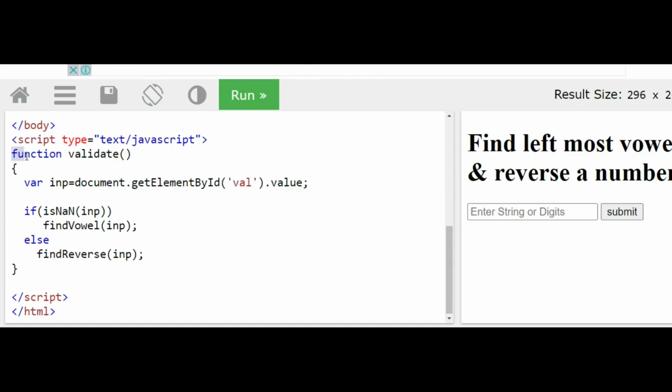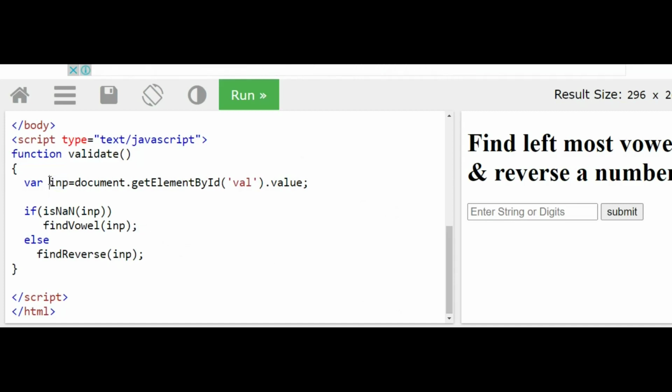So you can see here I have written the validate function. In the validate function I am reading the text input, for which I have given the ID called VAL for the input text. So using getElementById I am receiving the value of whatever data is entered in the text box and storing it in a variable INP, that is, input. So in the INP variable there will be a string or number, whatever the user has entered, in the form of a string only. Even if you enter 1, 2, 3, it is a string, because I am using a text input box. That's why whenever you receive something, it is text only.